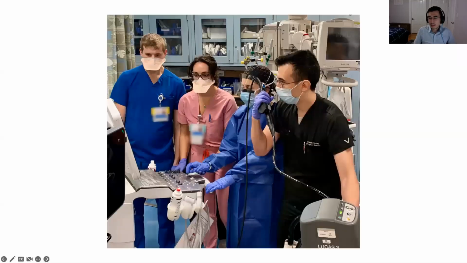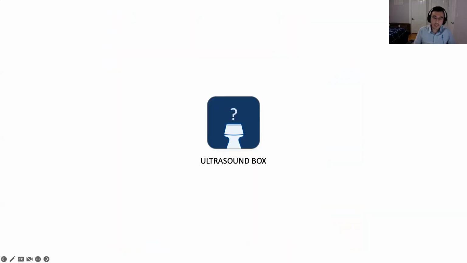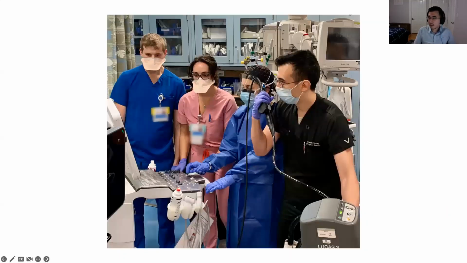And so in terms of Ultrasoundbox, this was a tool that helps teach ultrasound. I came upon the idea as an ultrasound fellow a few years ago. The reason I spent an entire year learning ultrasound is that it's a very resource intensive process to teach and learn ultrasound. You can only have up to 2 or 3 learners at a time, and there's not really a way to circumnavigate that.